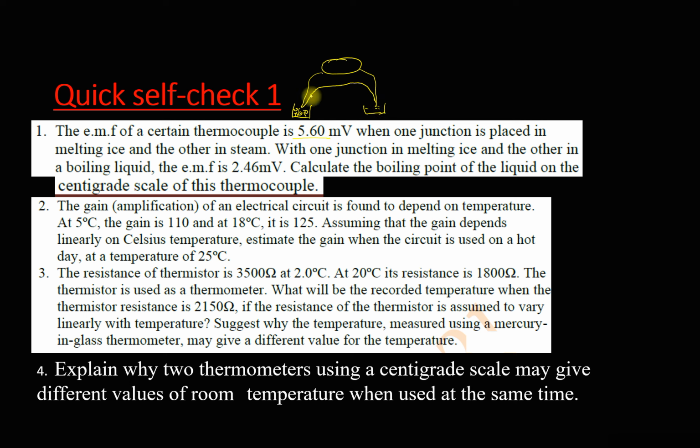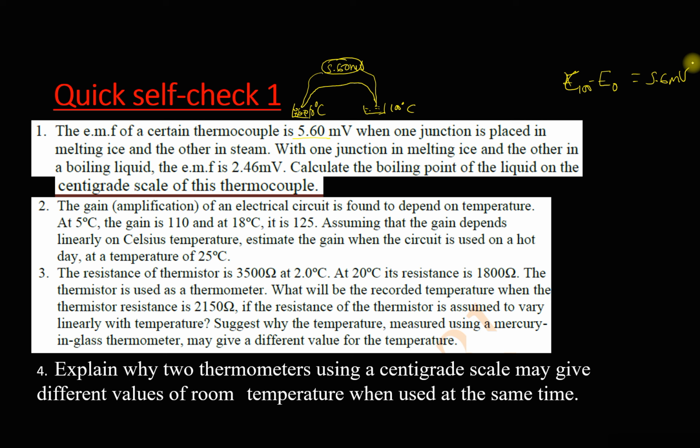So this is at 0 degrees Celsius, the other is at 100 degrees Celsius, and the reading here is 5.60 millivolts, which means that E100 minus E0 must be equal to 5.6